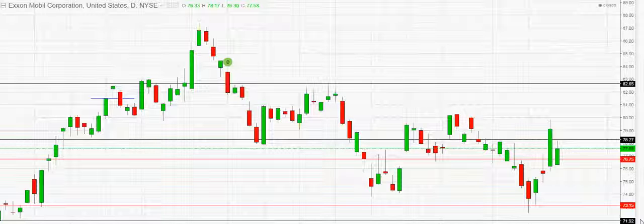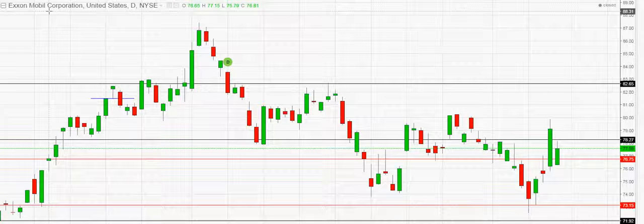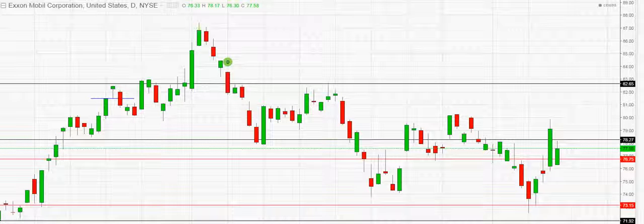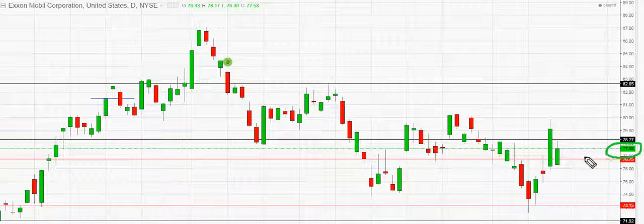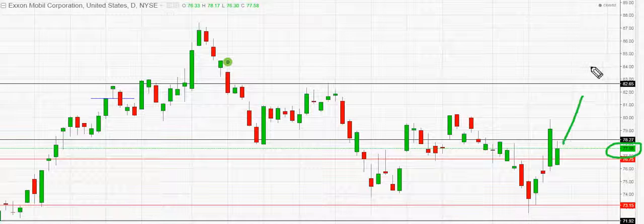So what we'll do is start off with call contracts and put contracts, just explaining what they are. Call contracts in a nutshell, it means you're long the equity. So for example, I have my chart up here of ExxonMobil and the price currently is 77.58. A call contract essentially means from the current price you are hoping that the price will go up in the future,